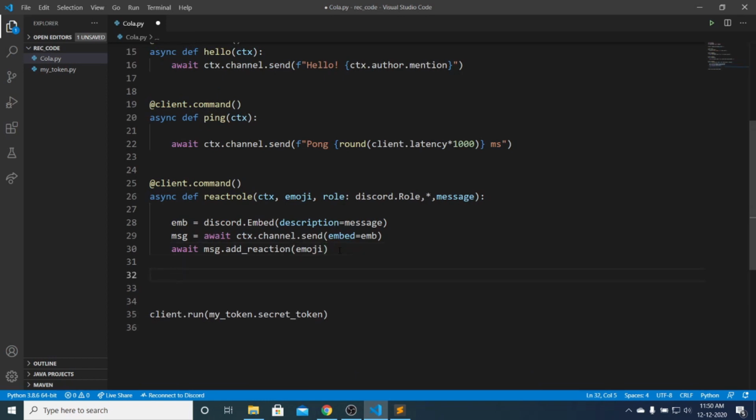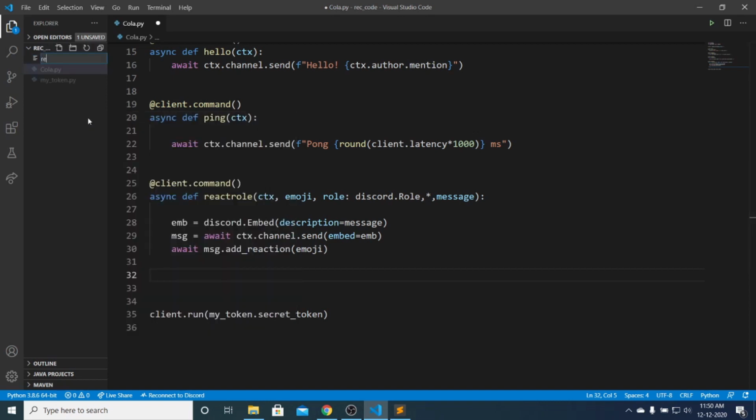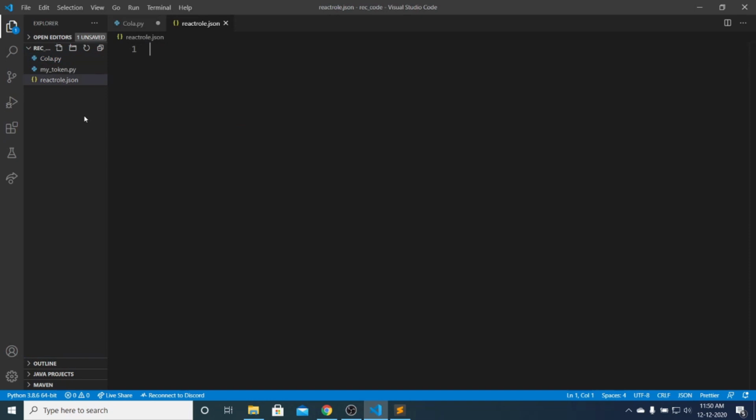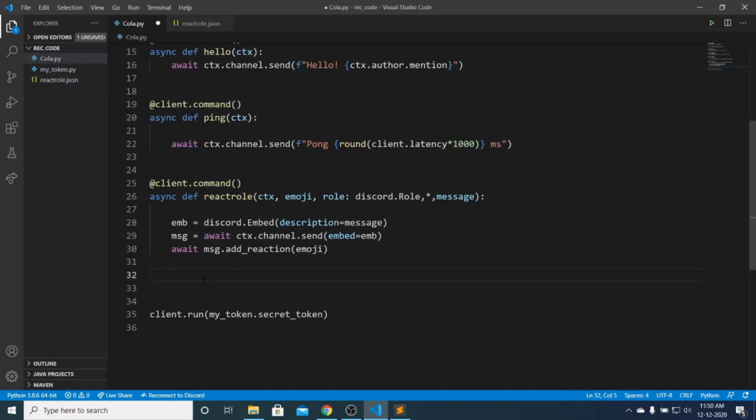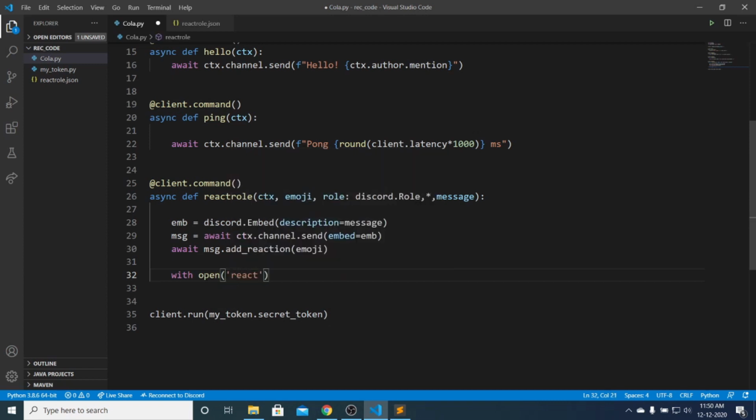Now we have to create a JSON file where we store all the data about the reaction. So I'll create a new file called reactrole.json, and I'll create an empty array here. Now in my main file, I will open this file that we created with open. I'll name the file, that is reactrole.json